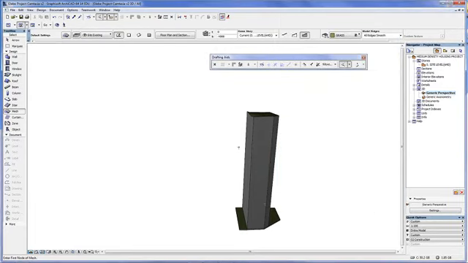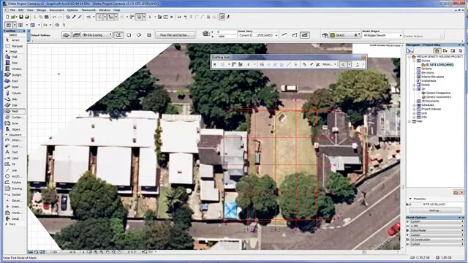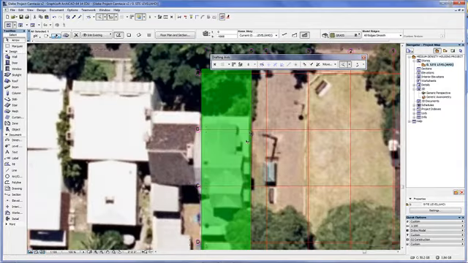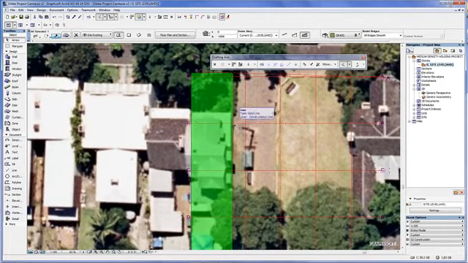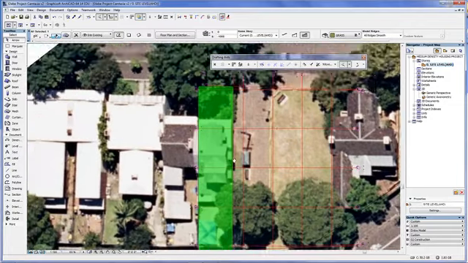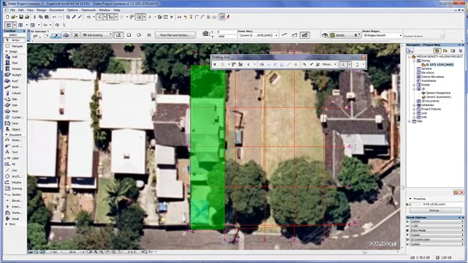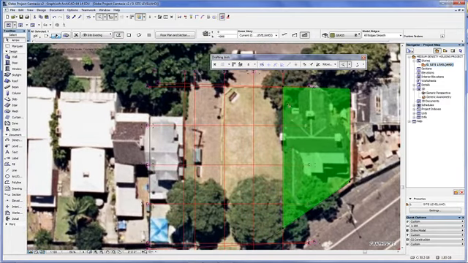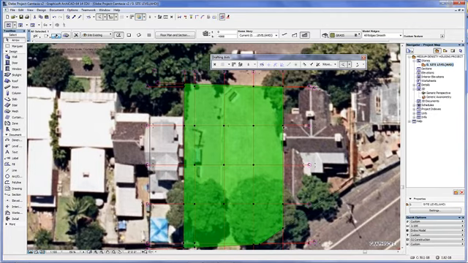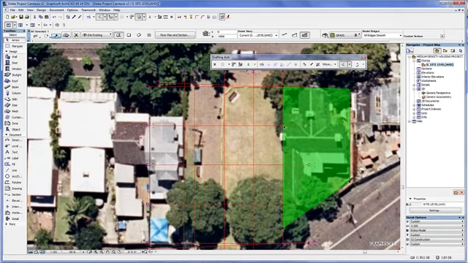Okay, so if we go back to plan by pressing F2, then the first thing we should consider is that if you look on your survey, you'll note that the RL levels along each of these points on this mesh should in fact be the same as on this mesh, and the same goes on this side. Okay, so the RL level of this point at B1, which is 100,720, the mesh point should be created